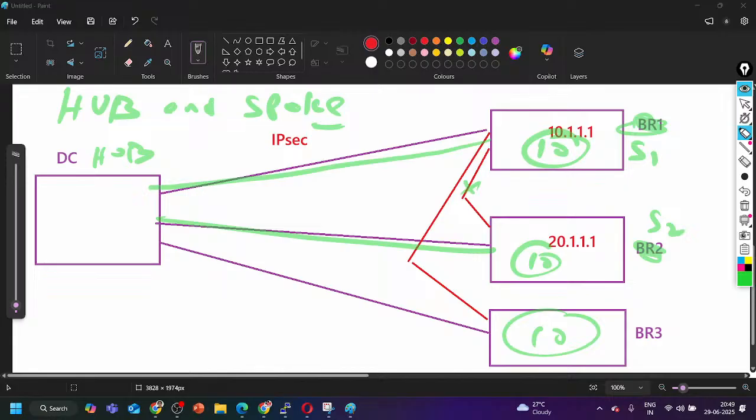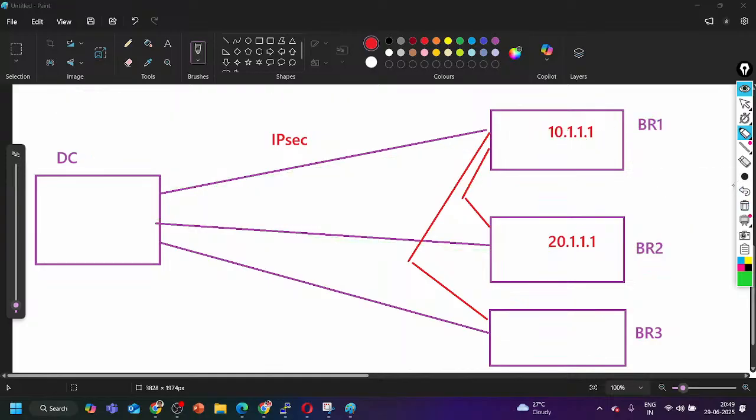Now tell me how branch 1 and branch 2 have established the IPsec. If you are not able to answer this question, then tell me how branch 1 and 2 have established the IPsec. Through vSmart. There was vSmart, right? Yes, sir. It helped all sides to exchange the